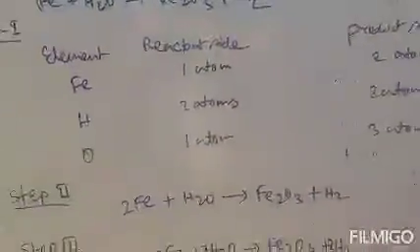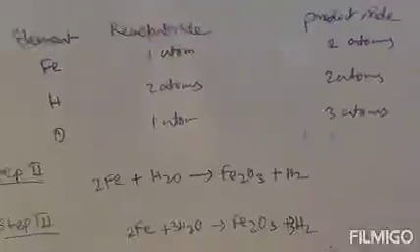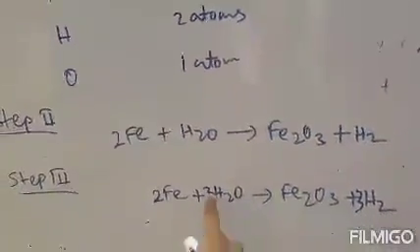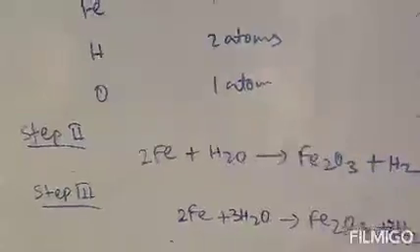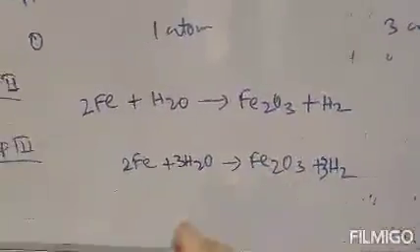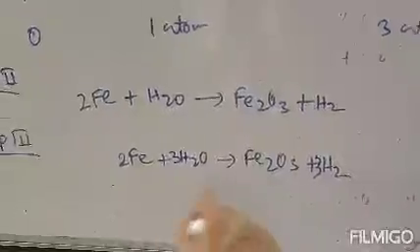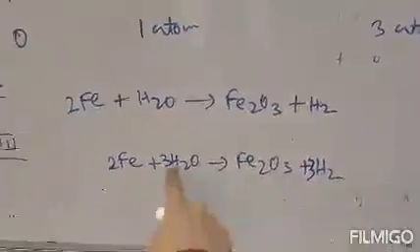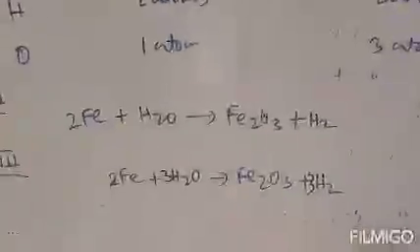Hydrogen was previously balanced, so we did not need to balance it. But whenever you write 3 over here to balance oxygen, the number of hydrogen atoms gets changed. Therefore, we need to balance it again. Clear? So now finally count each atom. There are 2 Fe here and 2 Fe there. Here are 3 2s, 6 hydrogen atoms, and there also 6 hydrogen atoms. Here are 3 oxygen atoms, and there also 3 oxygen atoms. So each atom is balanced.